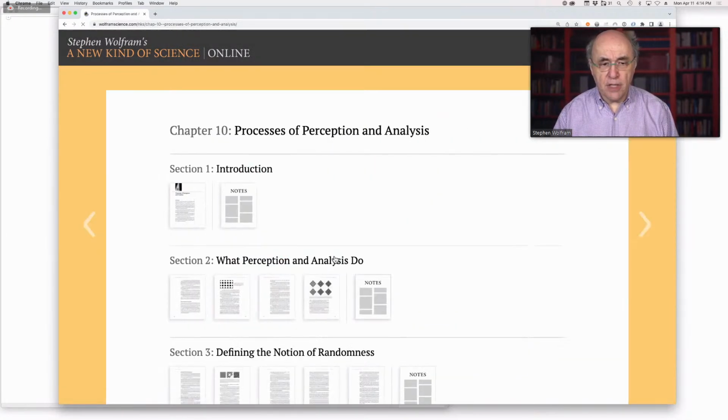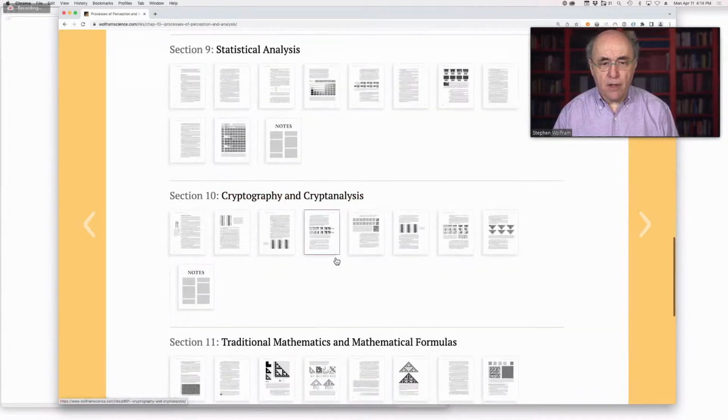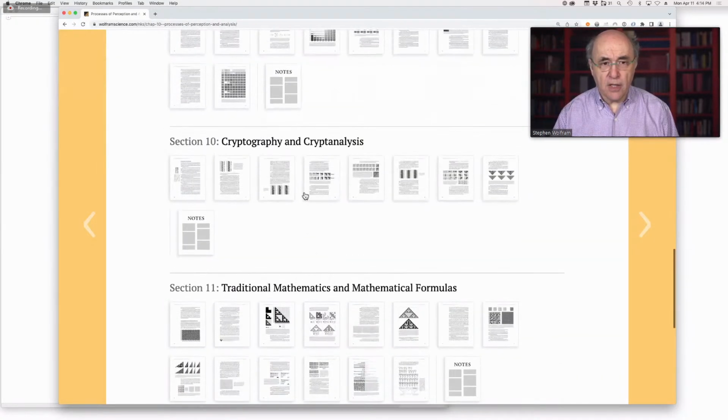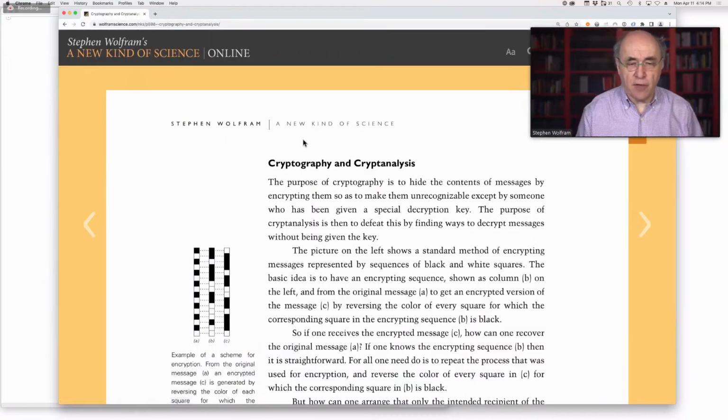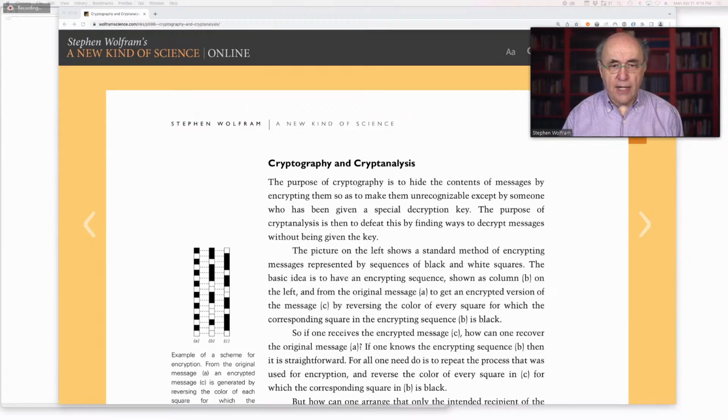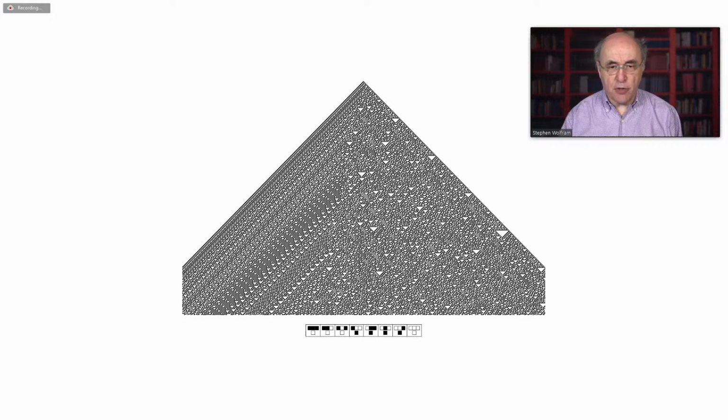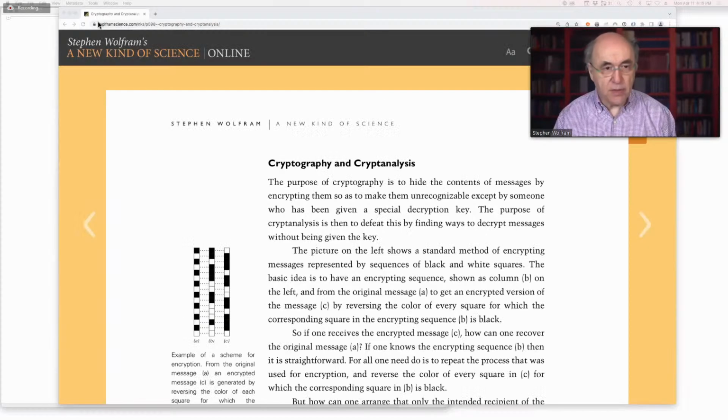Okay, returning to chapter 10. We've got a couple more sections here. The next one is about cryptography and cryptanalysis. So the question is, given Rule 30, even if statistics doesn't get you anywhere, can you cryptanalyze this? If you were just given that center column, can you tell that it is not truly random, but just comes from this particular seed? And if you change the seed, would you be able to invert the center column to find out that it comes from that particular seed?